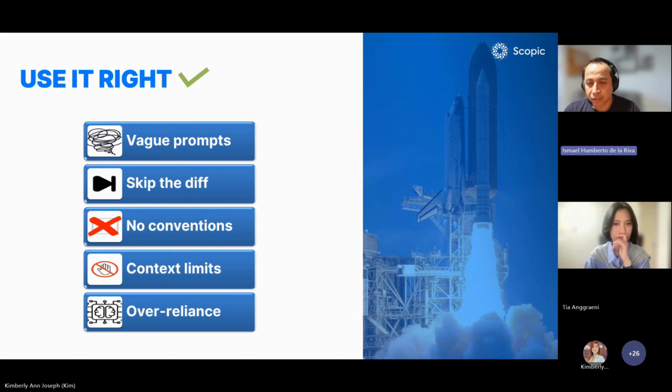The other risk is context limit. Context has a limit, so long sessions accumulate noise. The longer a conversation runs, the higher the risk for incorrect code or misunderstanding of the requirements. And